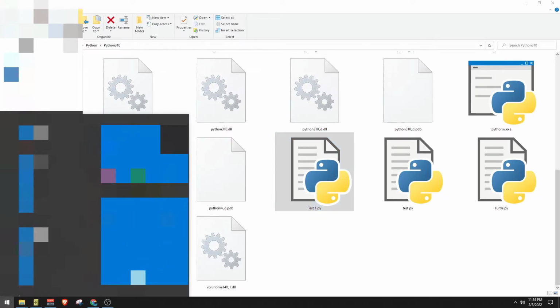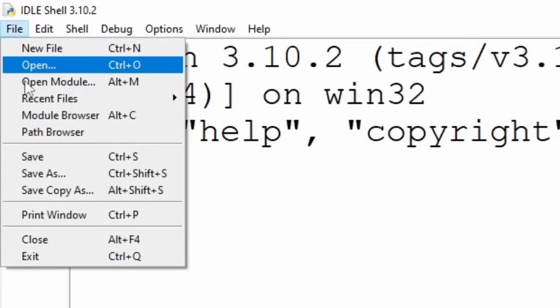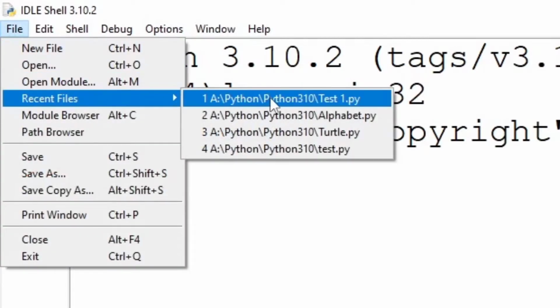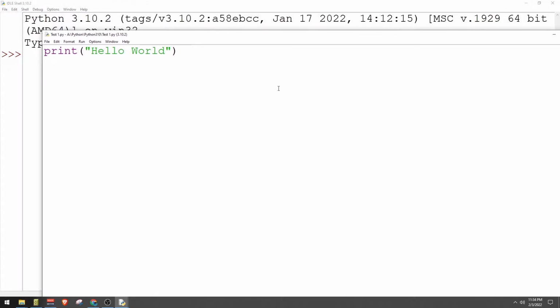Go ahead and open Python again. Get our IDLE open. We can go to recent files this time. Open test 1. We've got Hello World. Now if we want it to pause for us, we have to put in at the very bottom of our